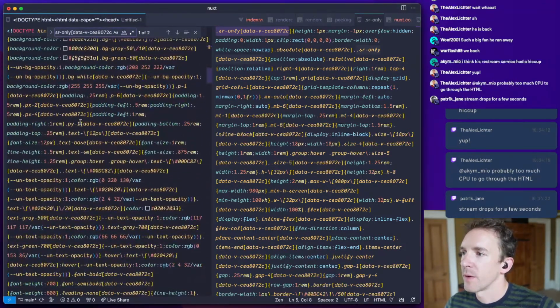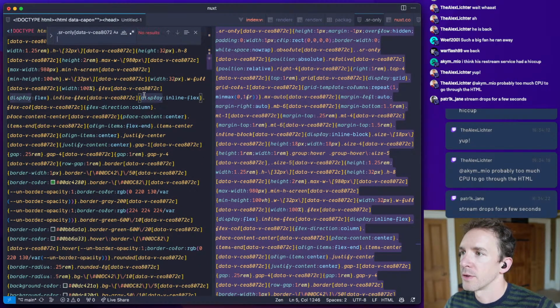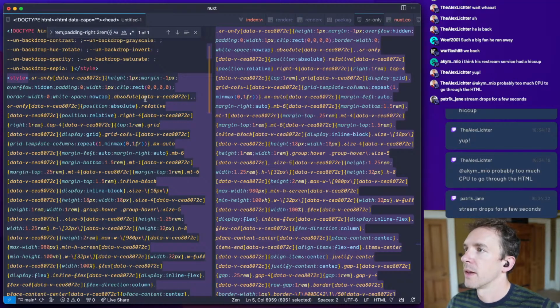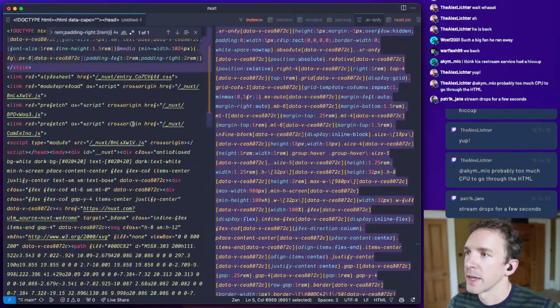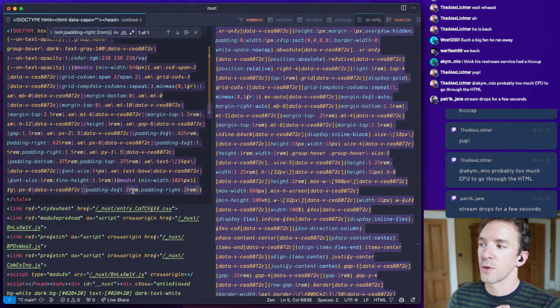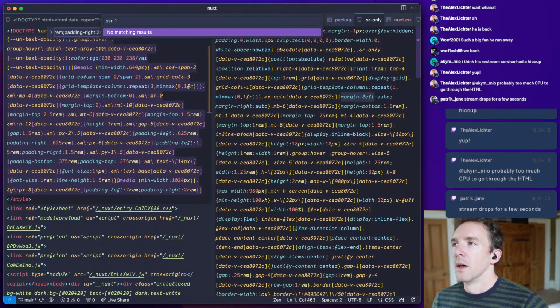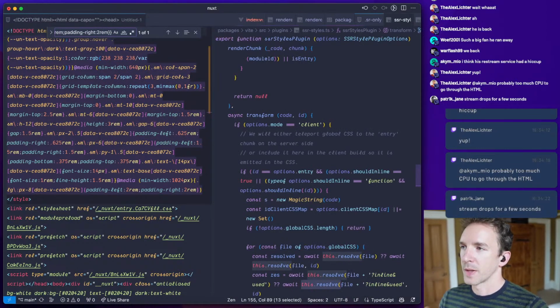So basically we have this down to, let's just copy that and search for it here. Yeah, so the entirety of this chunk is present in the HTML. That's great. So we should know we don't need the entry. And actually this is definitely a bug. So let's investigate it.